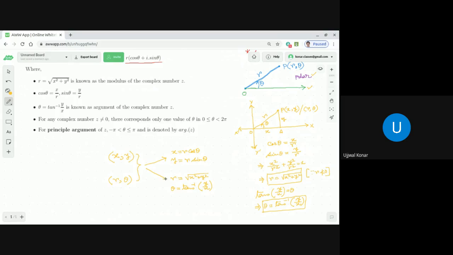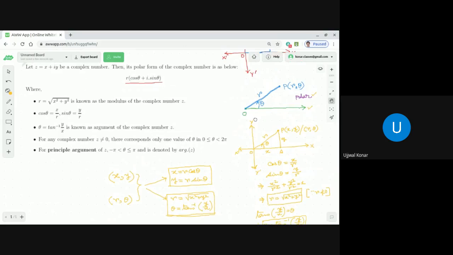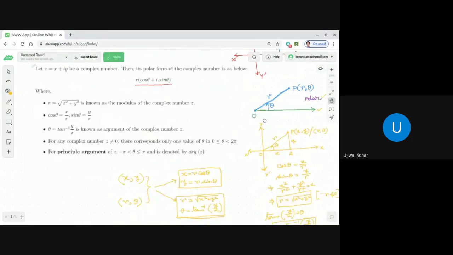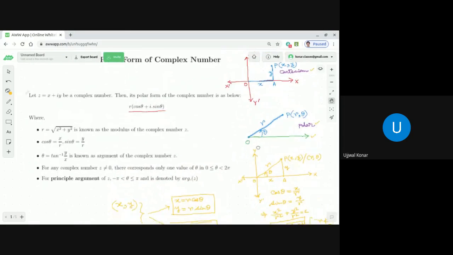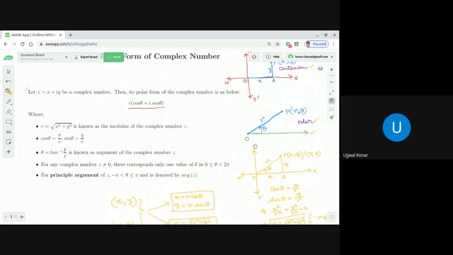So with this, dear students, we can convert from one coordinate system to the other coordinate system by means of these transformation equations that you see. Anyway, as I said, we will discuss all these things in detail when we come to the coordinate geometry discussion. But what we are going to do now is see a few points here, dear students,